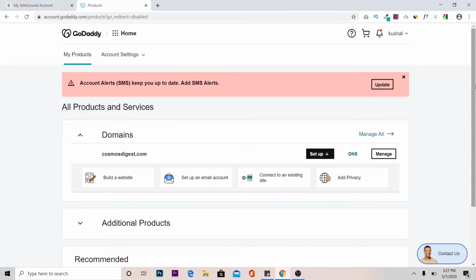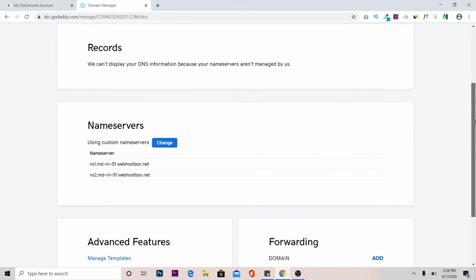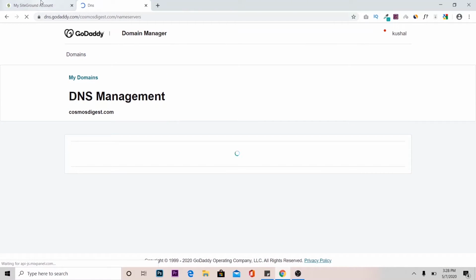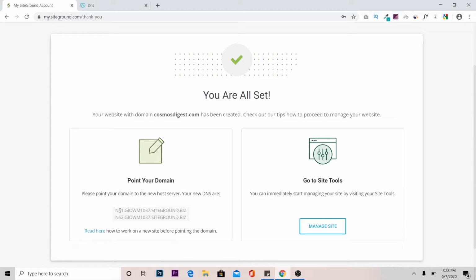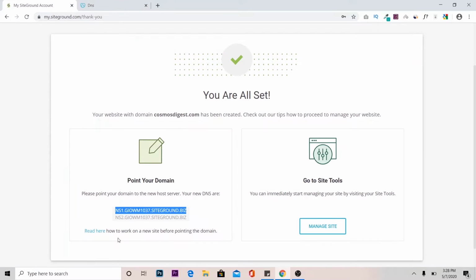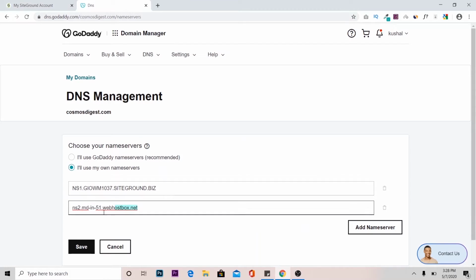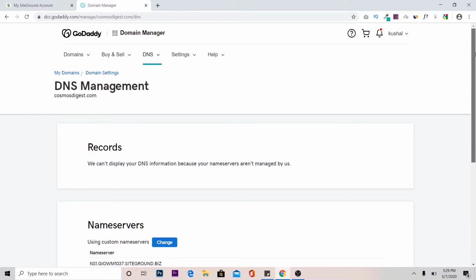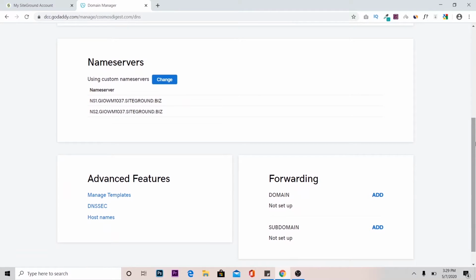So now you have to click on DNS and then click on change, and you have to copy and paste those 2 name servers individually to the GoDaddy name server section here. After copying the name servers, you can click on save, and you can refresh the page just to make sure whether the name servers are updated or not. You can see here it's already updated,